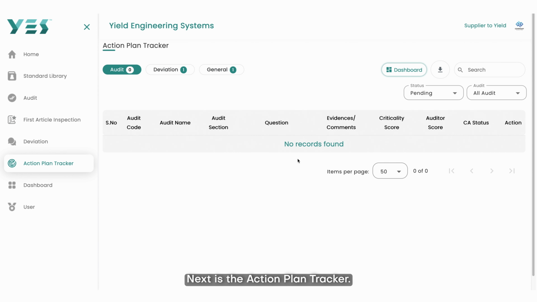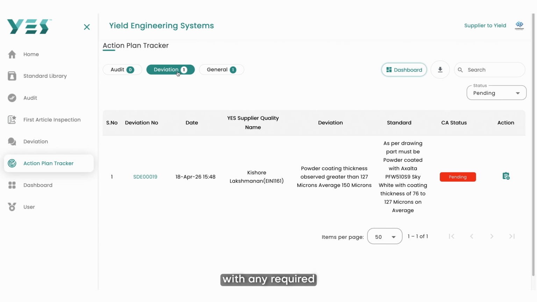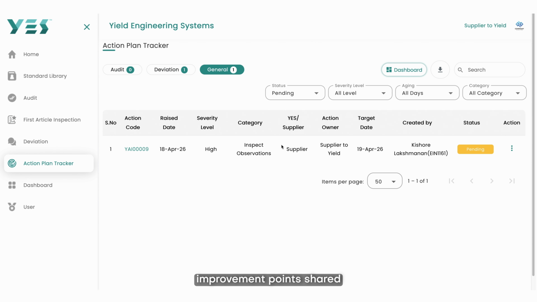Next is the Action Plan tracker. Any actions assigned to you by Yes will be captured here. For example, if an audit is conducted and an action is assigned, it will appear in this tracker. Similarly, if a deviation is assigned with any required action, it will be listed here. In case of general actions, such as improvement points shared during a YES facility visit, those will also be captured